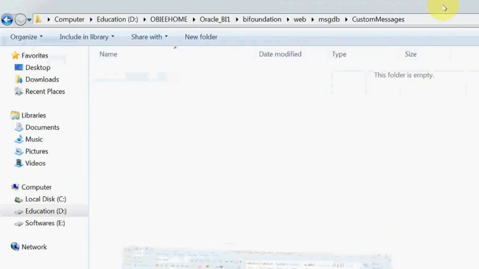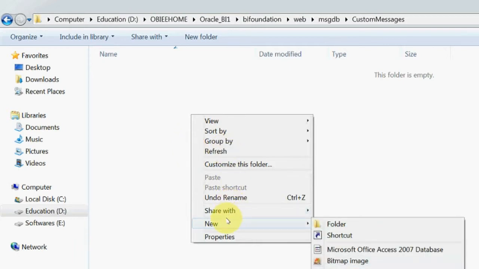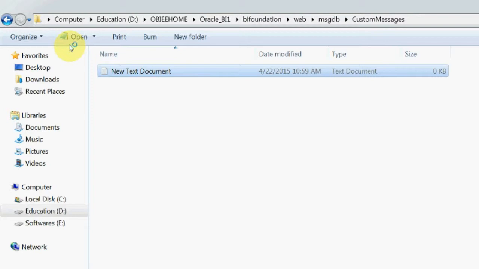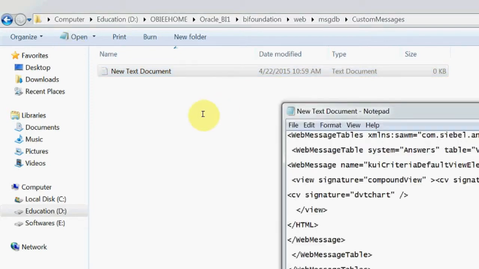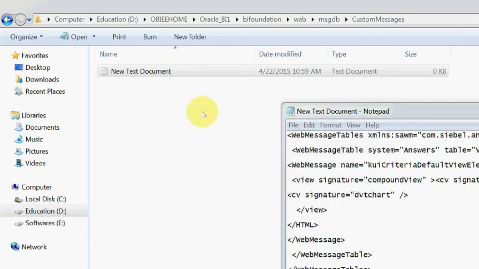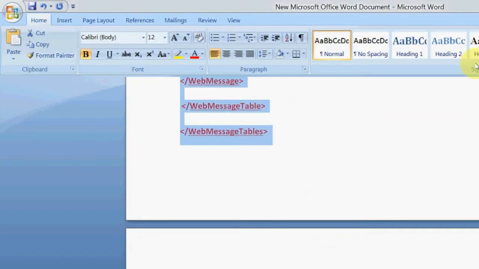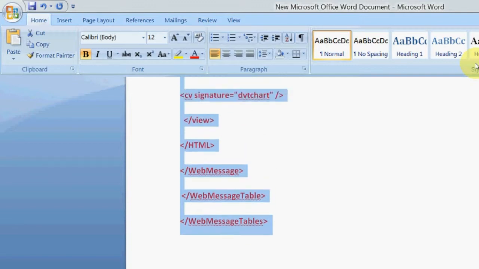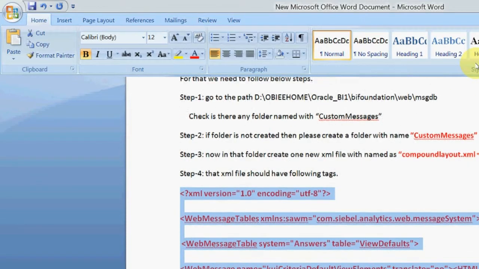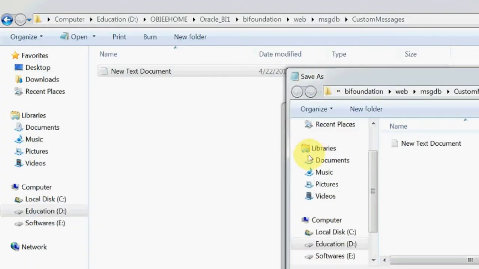Just I copied this and here I am creating a new text document and pasting all the tags of XML here, and I will save it as compound layout dot xml.